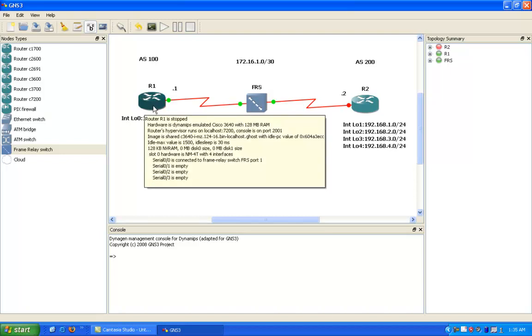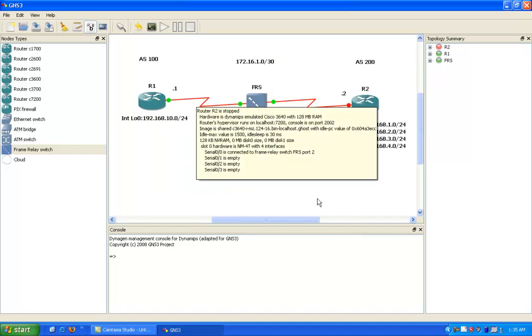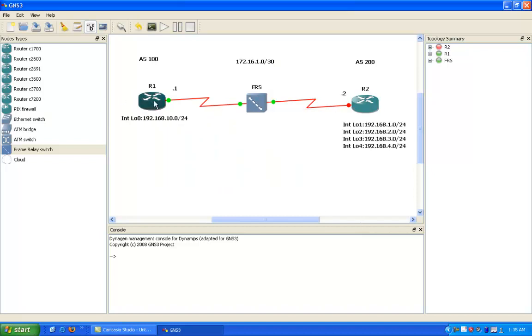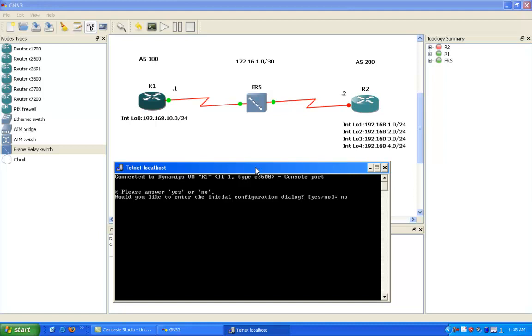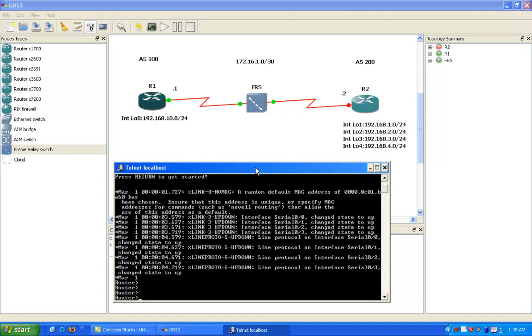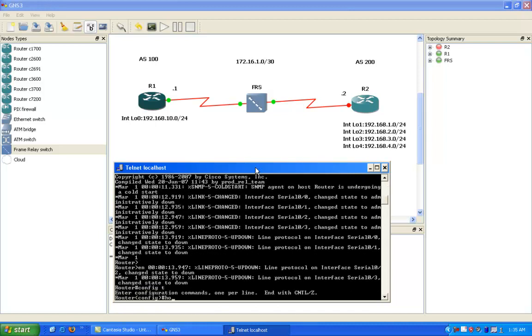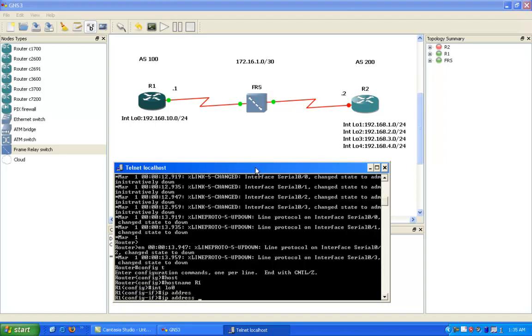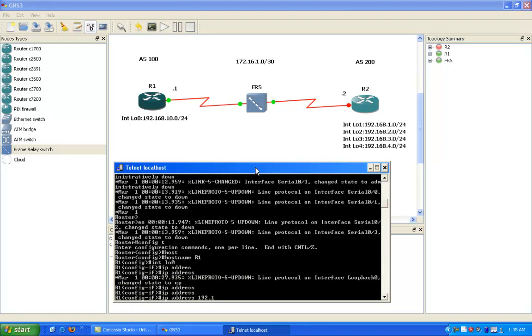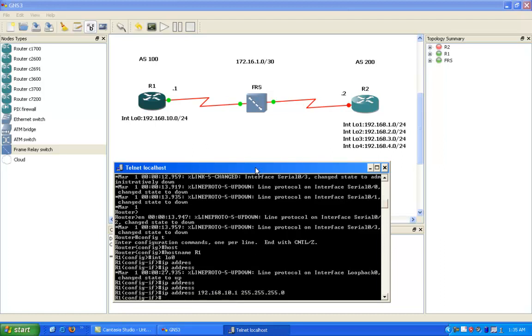and create our frame relay connection on the routers. So we will go ahead and console into router 1 and configure router 1 first. We'll give router 1 the host name of R1. We're going to create a loopback 0 interface on R1. Give it the 192.168.10.1 IP address. We'll give it a /24 subnet mask,